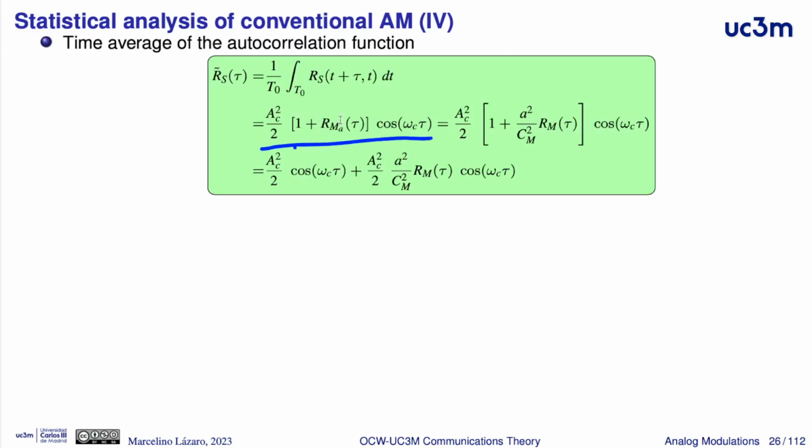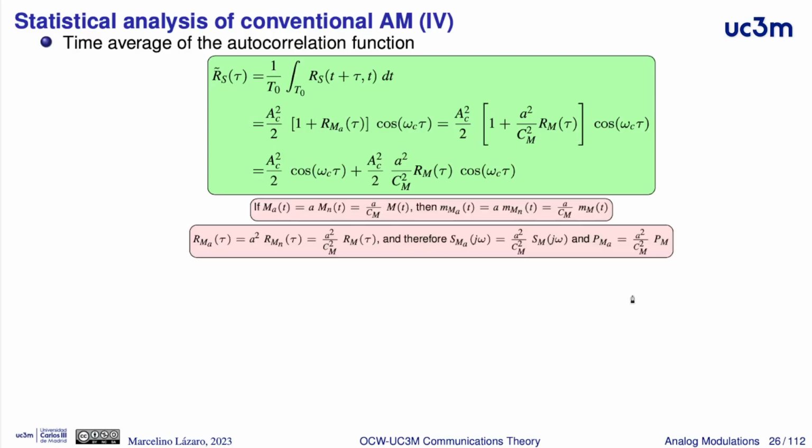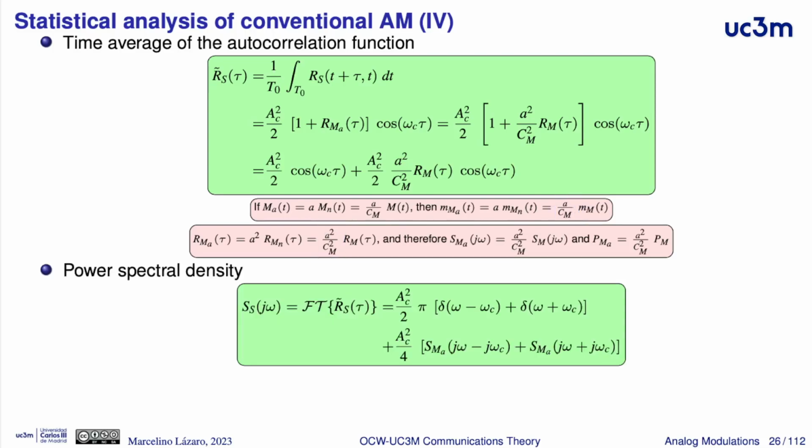We can rewrite this term a little bit, taking into account the relationship of the autocorrelation of m_A with the autocorrelation of m, because if we have this scaling factor between m_A and m, the autocorrelations are related by the square of this factor. And finally, the power spectral density is the Fourier transform of this time average of the autocorrelation function. The Fourier transform of A cosine is 2 deltas,